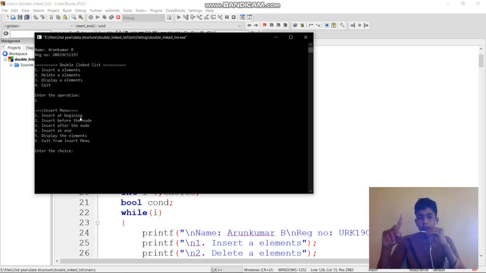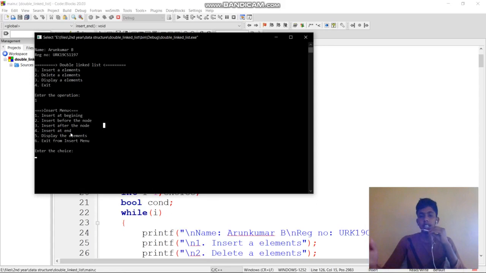Similarly, insert after the node: if you give two, it will add one element after two, that is, as the last element. If you give position one, it inserts after one, between one and two, so one node will be created and the element inserted.